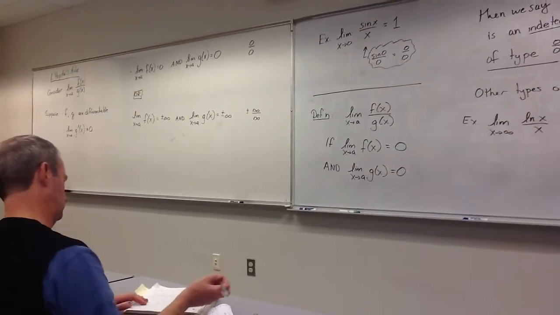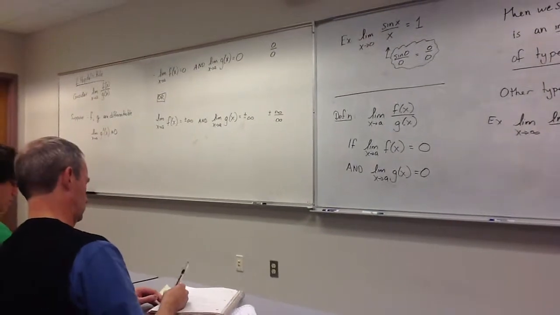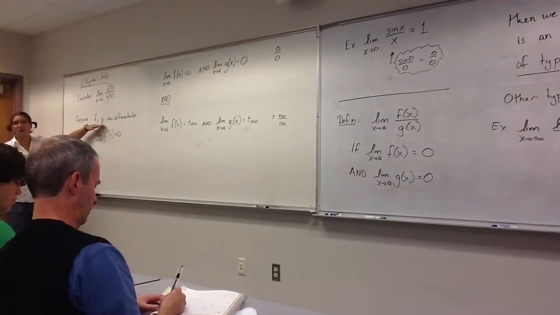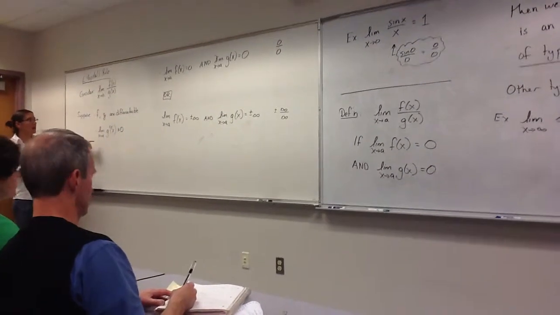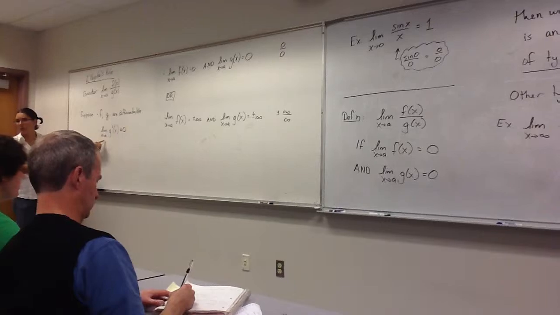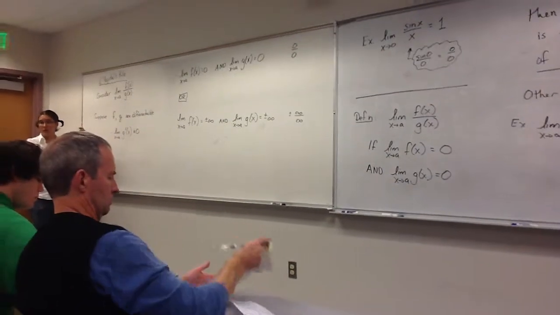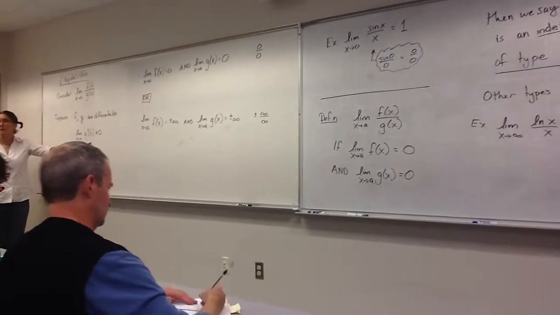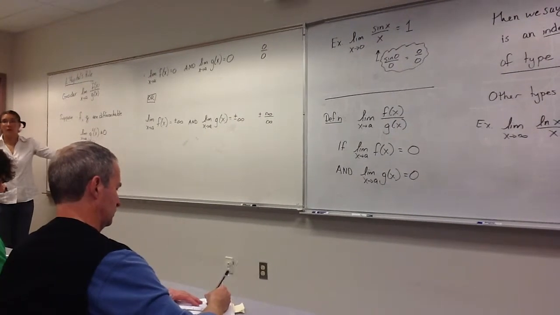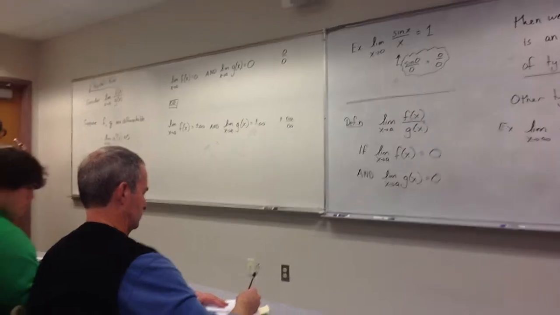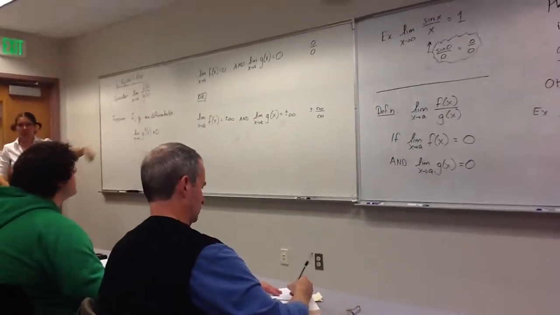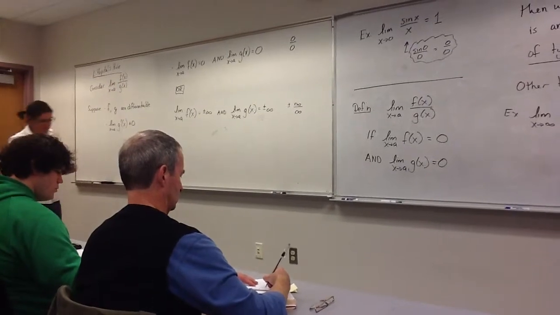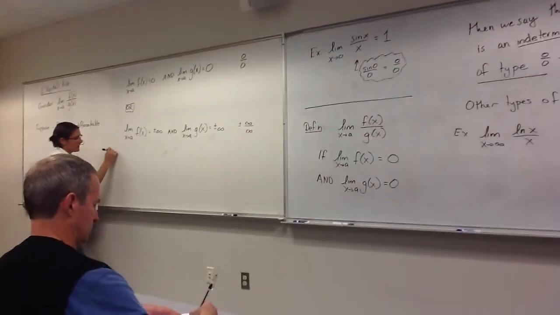All right, so L'Hopital's rule applies when we have differentiable functions, and when we plug in the limiting x value, we end up with either 0 over 0 or infinity over infinity. Now we'll see why that rule is here in a minute. Okay, so those are our hypotheses. If we don't satisfy these hypotheses, we cannot use L'Hopital's rule. But here's what L'Hopital says. So if all of those things happen,